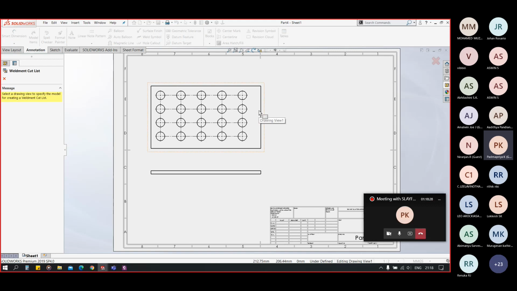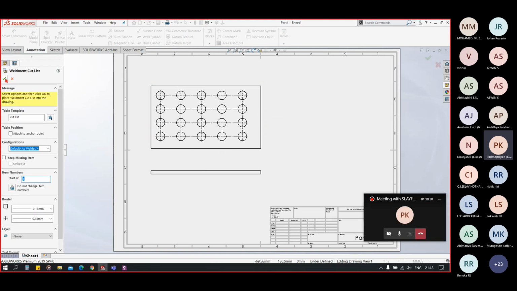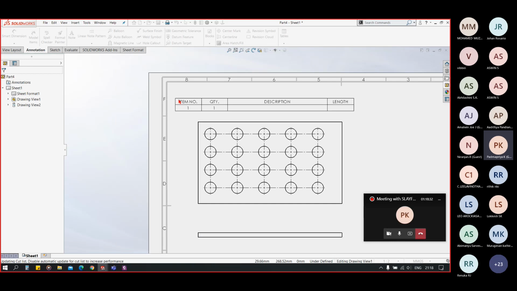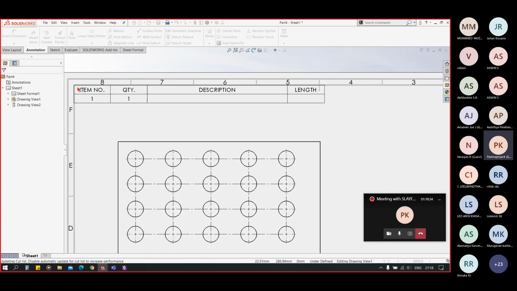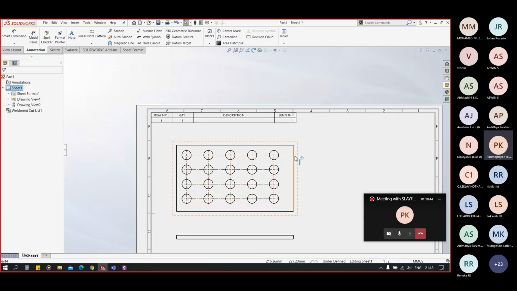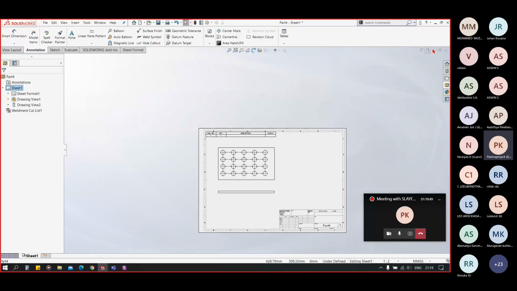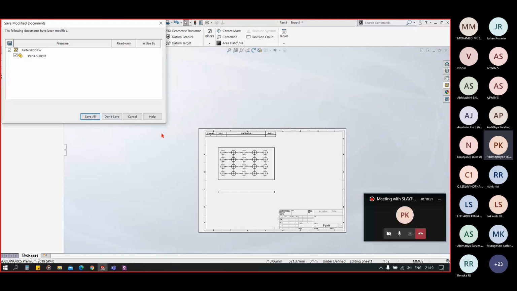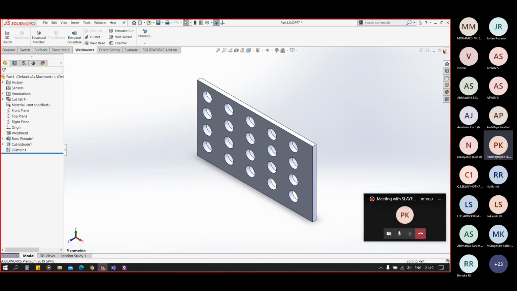I have to select the view, click on OK. Now you can see this is item number 1, quantity 1. It didn't mention the description and length because this is not a standard structural member. Okay, so now we will be using a standard structural member for our drawing.